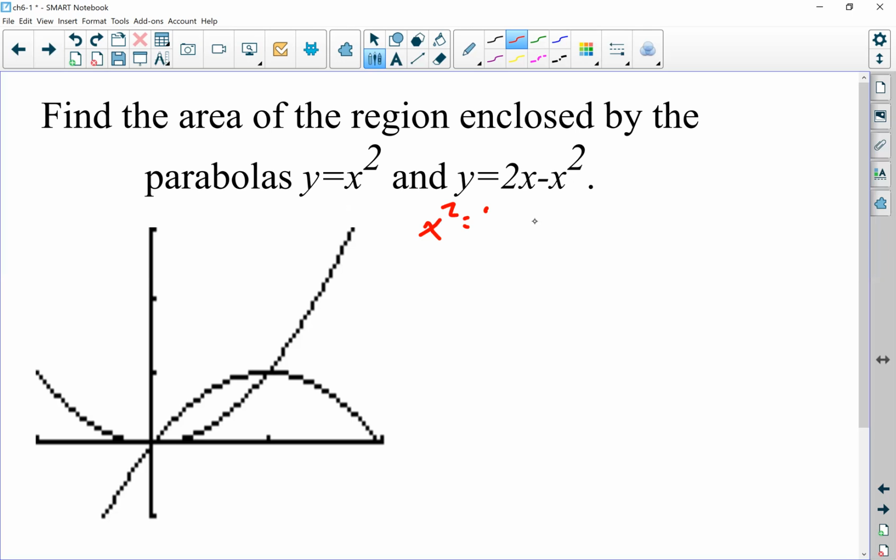Set the two functions equal to each other. Solve for x. So if I add x squared to both sides and subtract 2x from both sides,